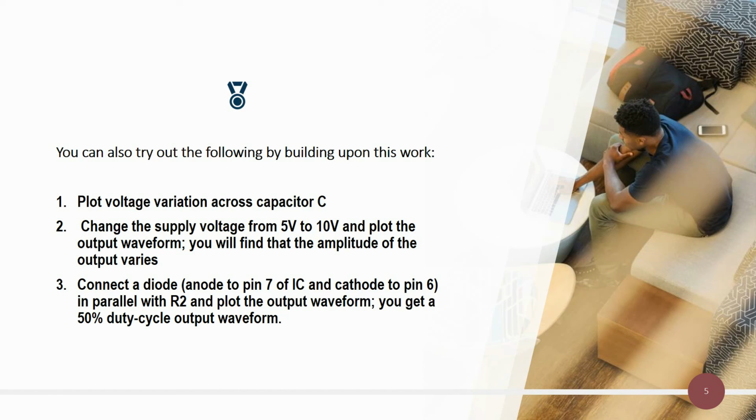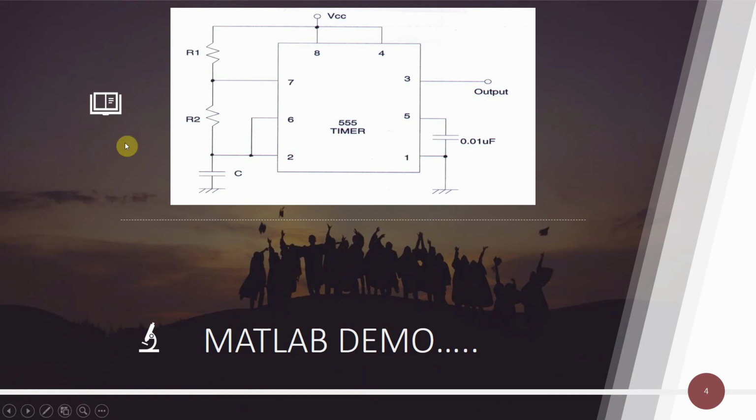The third point is if we want a 50% duty cycle, then what changes we have to make. It is very simple. You can generate a 50% duty cycle waveform just by using a diode between pin number 7 and pin number 6. We have to be careful while connecting the diode. The anode should be connected to pin number 7 and the cathode should be connected to pin number 6.